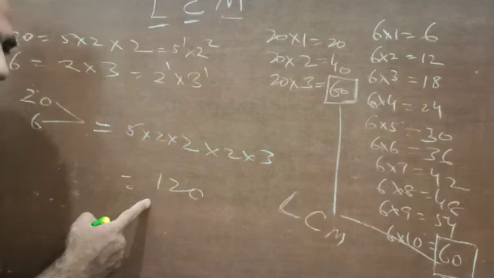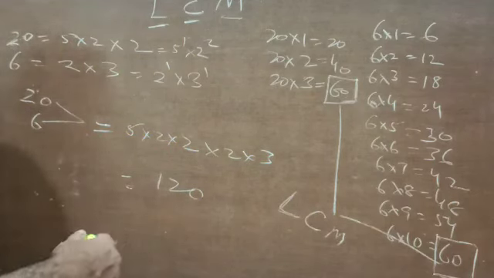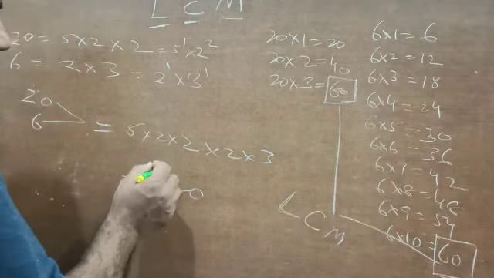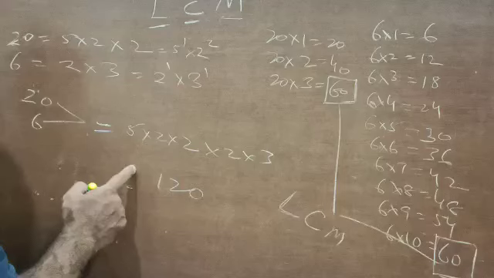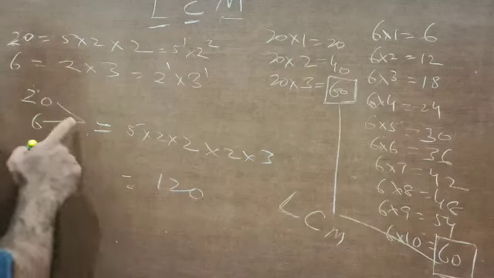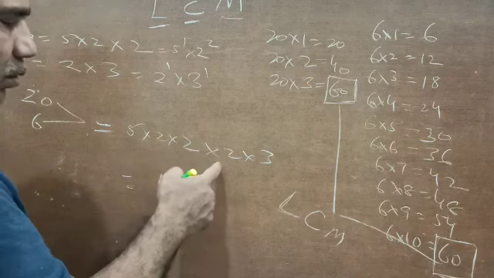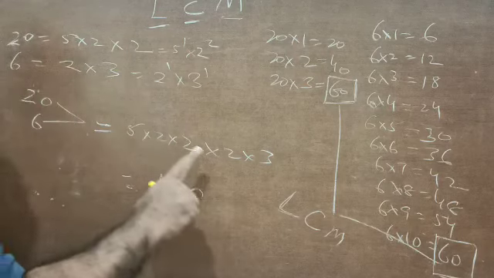Here we have found it at 20. So I was not trying to find out LCM. I was trying to find out a common multiple. Now we will turn this into LCM. See, for every factor to be present, factors of 20 can be present in the common multiple in the form of 5, 2, 2. And also factors of 6 can be present like this.